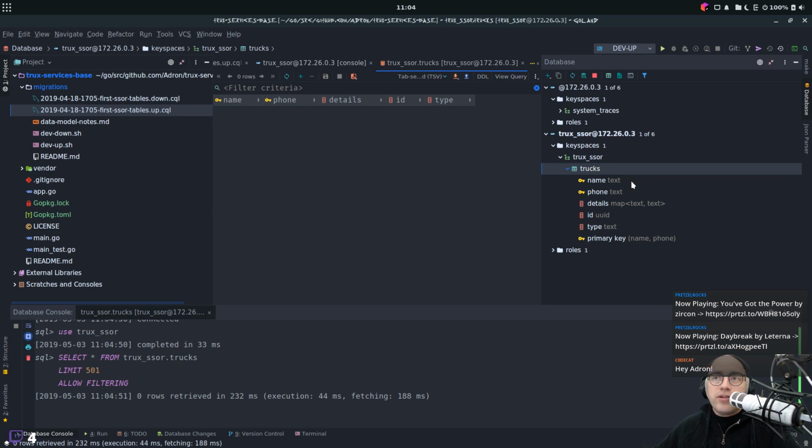So right now our Trux has a name, phone, details, ID, type, primary key. And what we want to do